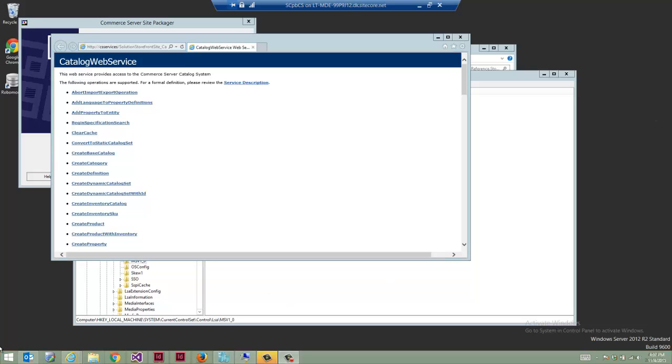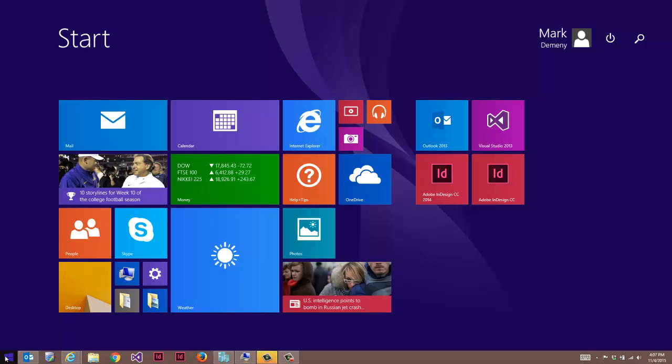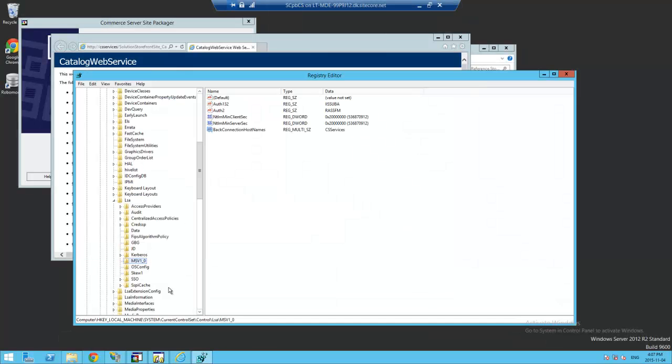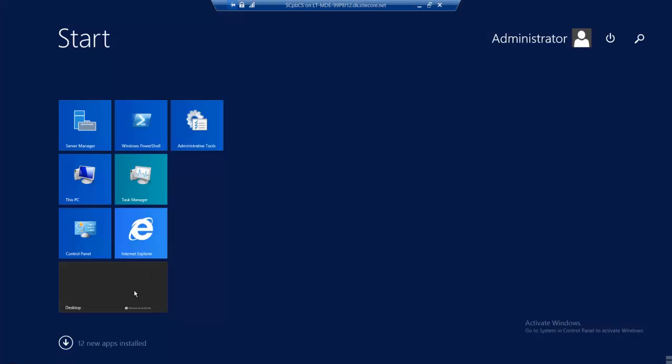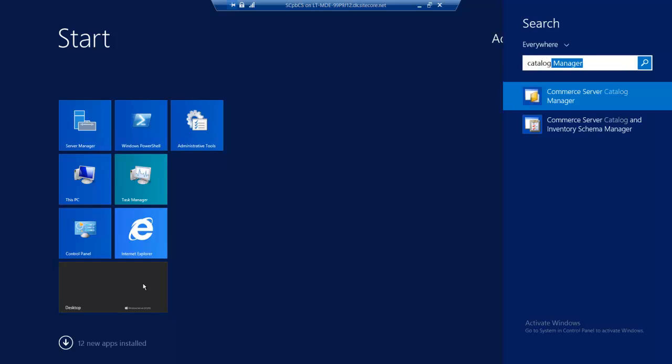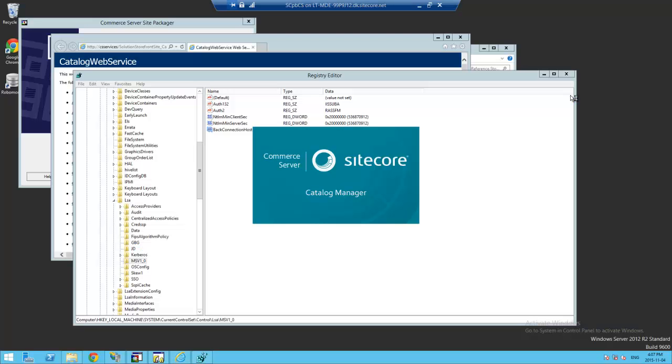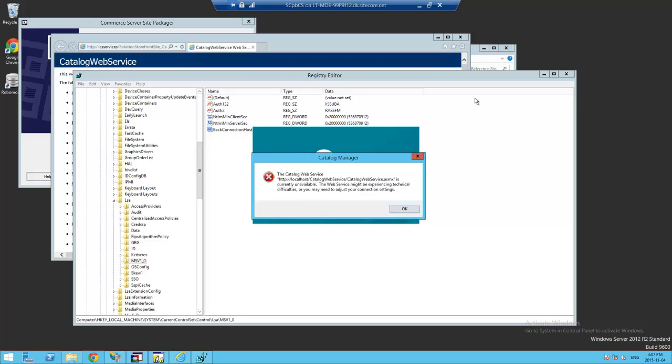Okay, so we're going to use the catalog manager to import some content here. So we'll type catalog manager, and you can see here there's two applications. One is the catalog manager itself. The other is the catalog and inventory schema manager. And that is very much like the template manager, but for Commerce Server. You're actually doing very similar operations. Now in this case here, we're not going to be doing any template modifications. We're just simply going to